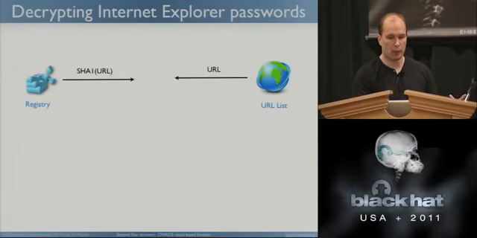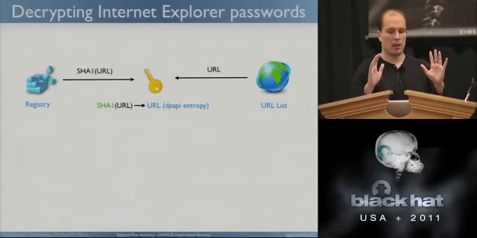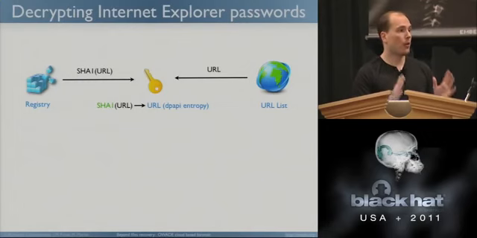The registry only contains the SHA-1 of the URL. It doesn't contain the URL by itself. It contains the SHA-1 of the URL, and this is where the DPAPI blob, which contains the login and password, is stored. So we don't know which URL the DPAPI blob is linked to. What you have to do is know the URL and use it to compute the SHA-1 of the URL. And this is the extra entropy used by IE to encrypt your login and password.